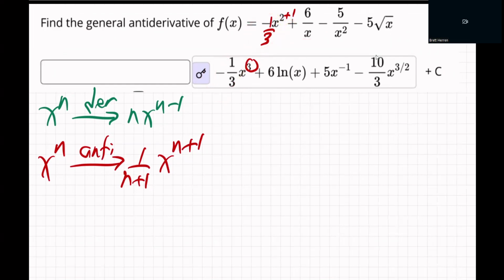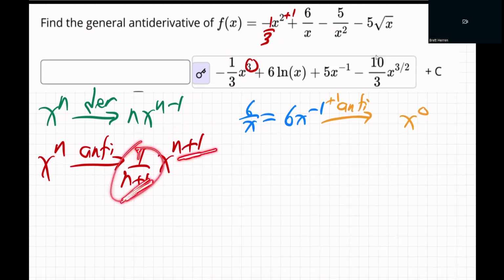How do we do the antiderivative of that? Well, let's take a look. So 6 over x, that's really 6x to the minus 1, right? Okay, so let's do the antiderivative rule. What's the antiderivative? Well, it says you add 1 to the power. So if I do that, if you add 1 there, it's going to be x to the 0, right? You add 1 to the power, and then you divide by that number you get. So now the 6 just sits out front, just like it does for the derivative. Numbers in the front multiplying just sit there like a spectator.